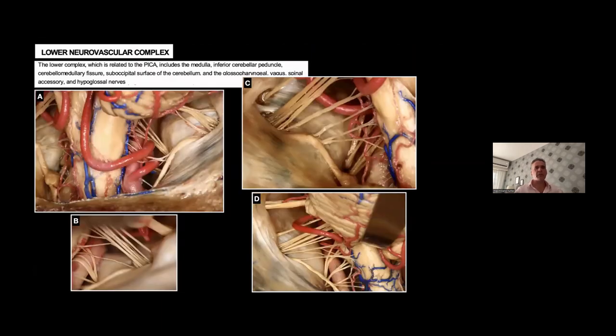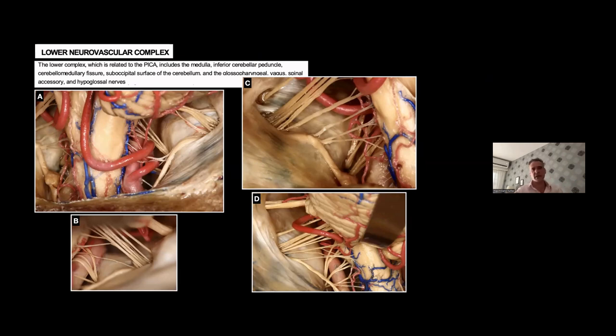Here, the lower complex, the lower cranial nerves, we see in the first slide, in this case A, the position of the 9, 10, and 11 cranial nerve. The 9, 10, and 11 at the level of the jugular foramen. This is a very important structure to understand, and the distribution, the root of the 12 cranial nerve over the surface or dorsally